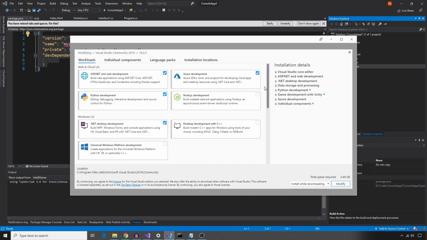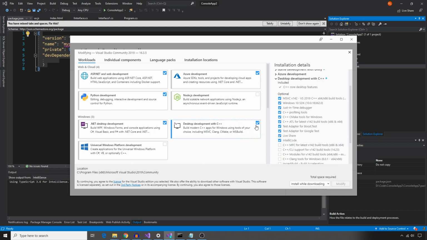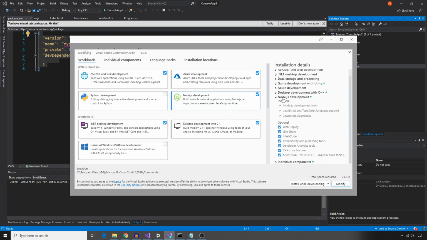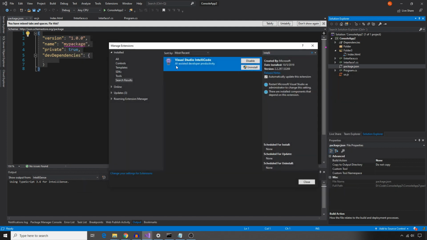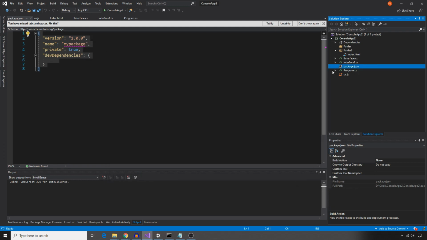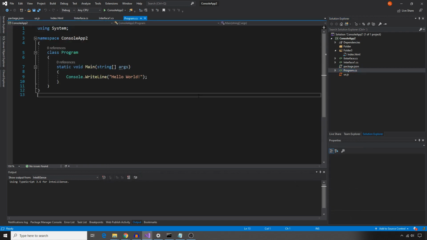Some of them don't have it, or they have it as optional. So C++ has it as optional. Python doesn't have it at all. Node has it. Unity doesn't have it. Anyway, if you don't have it and you want to use it, then just download the extension. The benefit from it is that